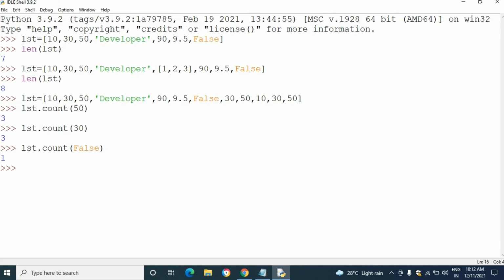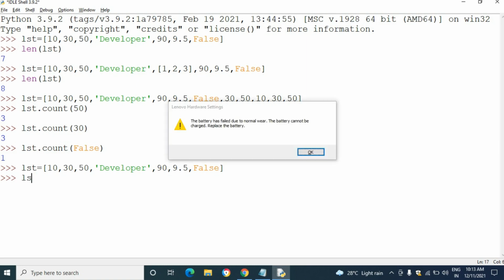I am taking the same list, the previous list with the repeated elements. I want to find out the index number of the element 90.